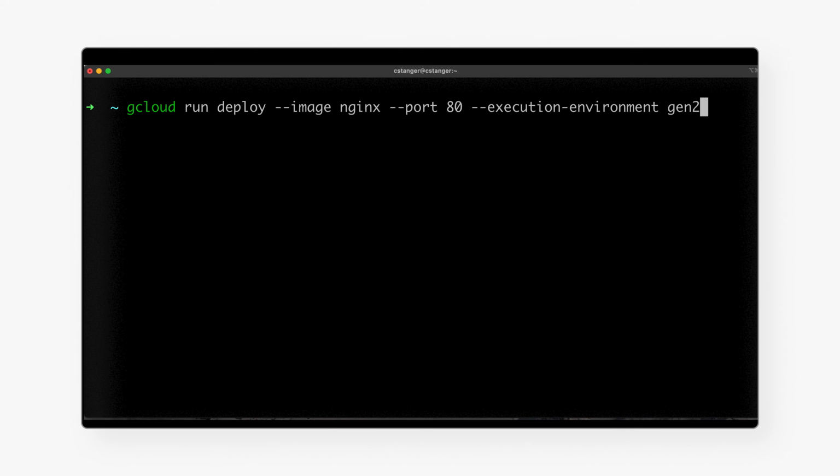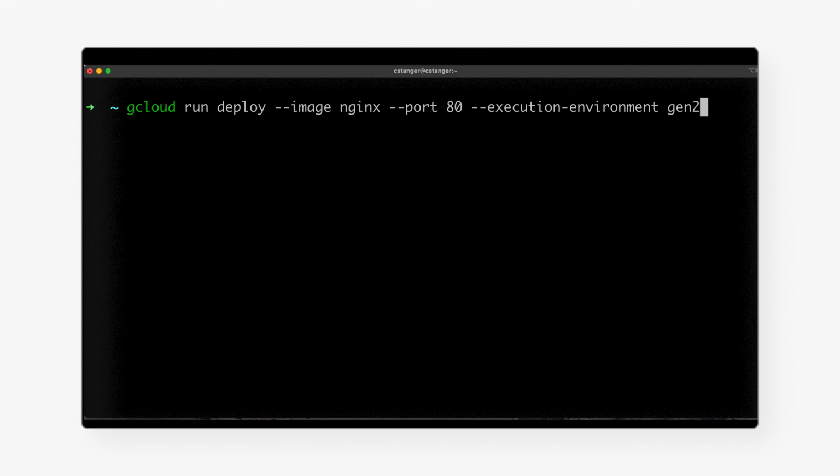Type gcloud run deploy, image nginx, port 80, and execution environment gen2. This will take the official and latest Nginx base image from Docker Hub directly, deploy it, and expose it by the default Nginx port 80.